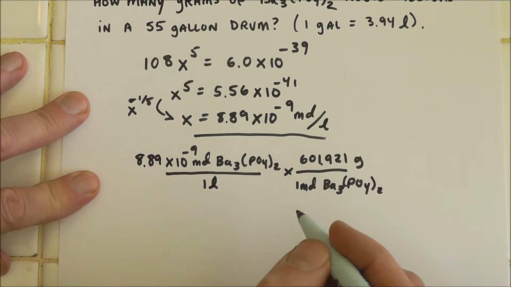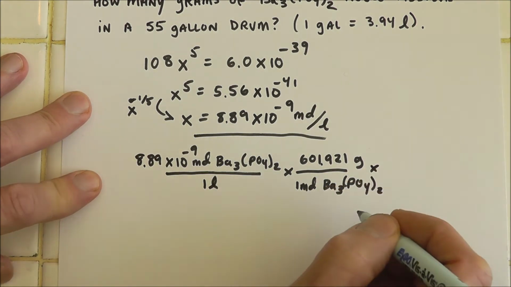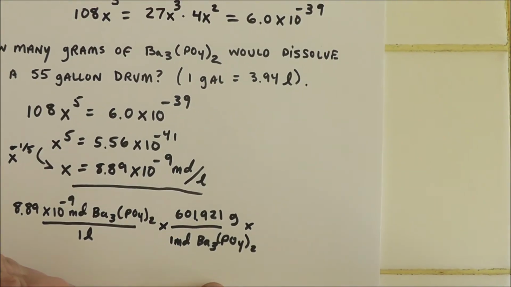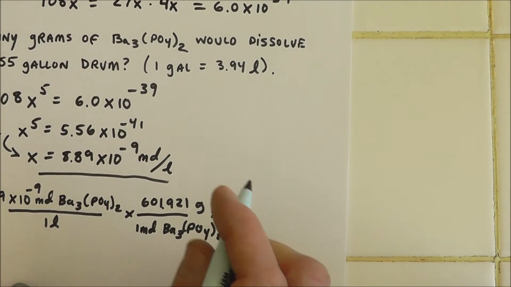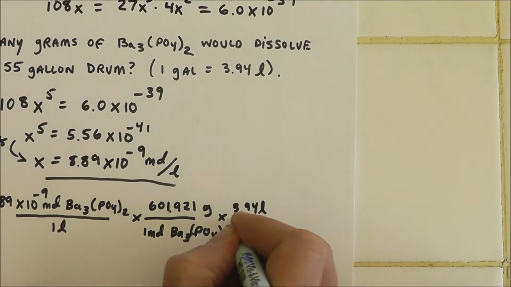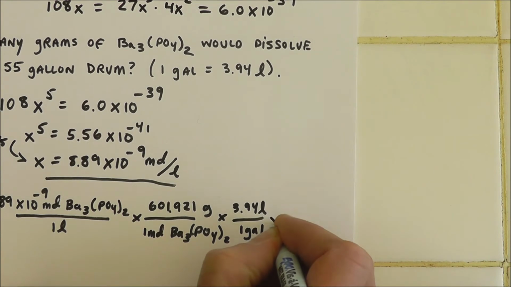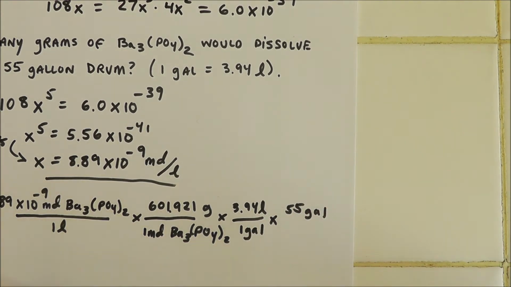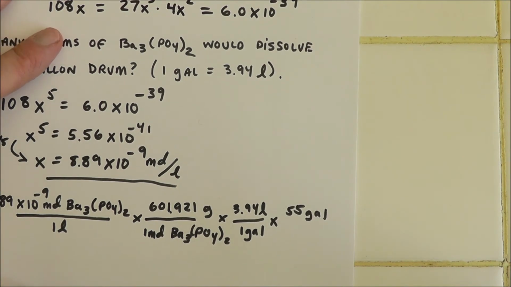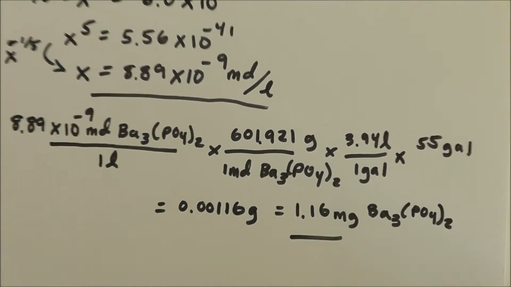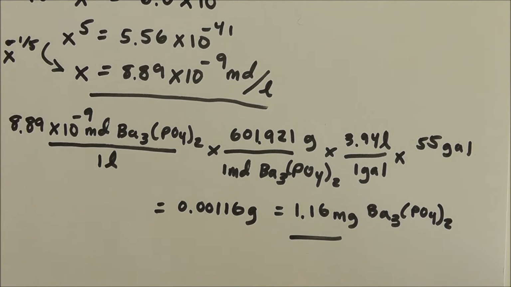Now, there is approximately, if I remembered right, approximately 3.94 liters in 1 gallon times 55 gallons. All right, so let's go ahead and crank that out. So our answer is 0.00116 grams. That is 1.16